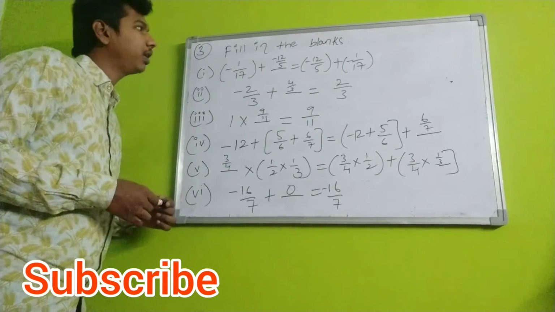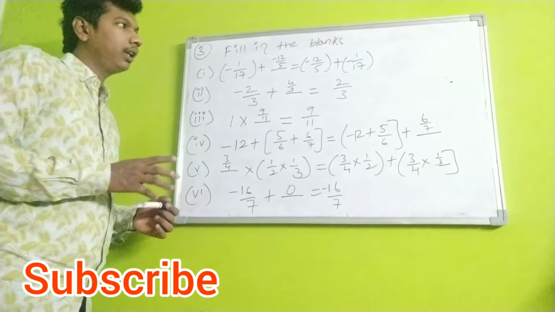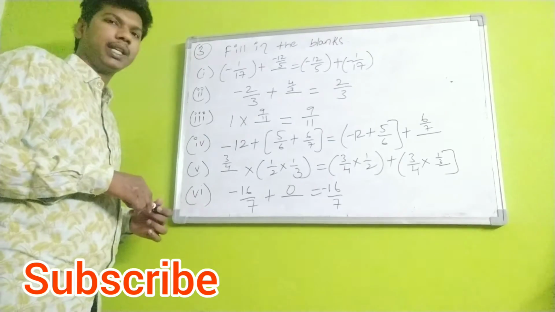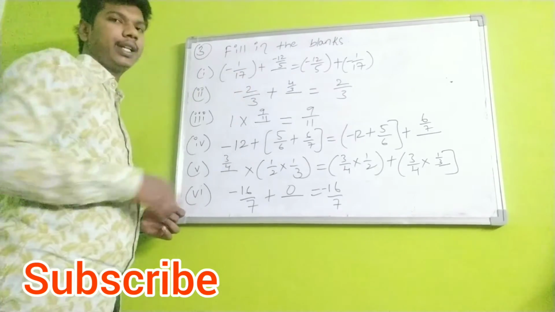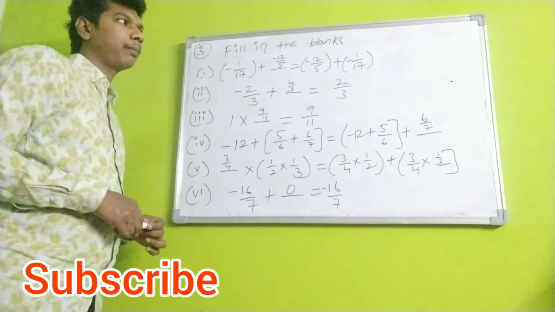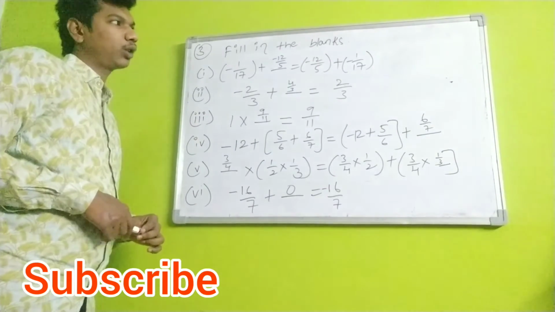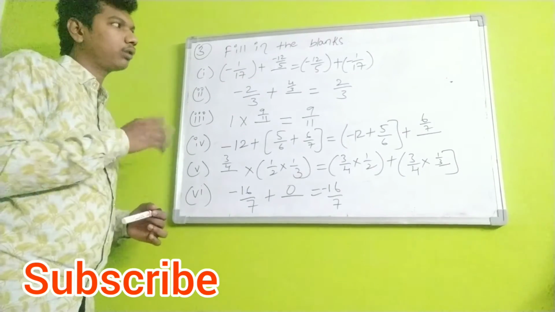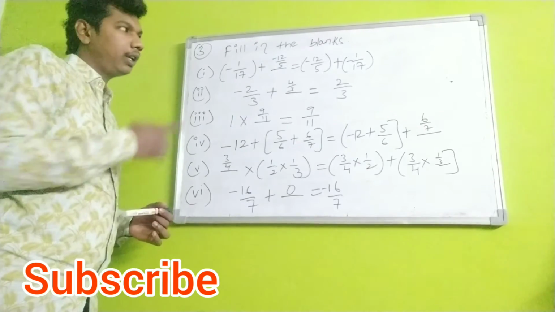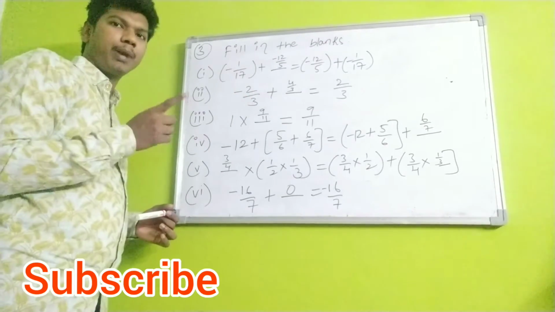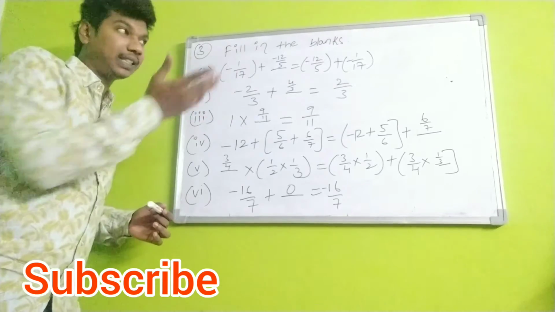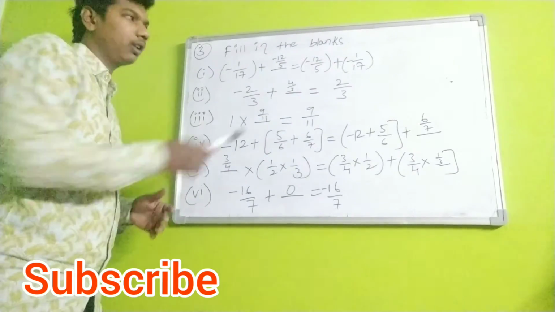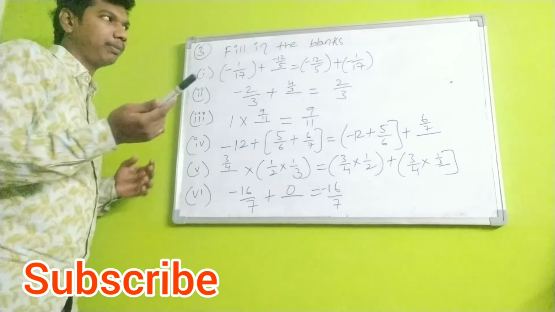Okay students, here question number 3 is filling the blanks. In between, some blanks are there, and we have to fill those blanks. Your first one is minus 1 by 17 plus dash is equal to minus 12 by 5 plus minus 1 by 17. Okay, now LHS and RHS are on either side of the equal sign. On the left side is LHS, one value is there; on the right side RHS, two values are there. LHS has one blank, and you can observe clearly by seeing the right hand side which number is missing. Here minus 1 by 17 is already there, so the missing number is minus 12 by 5.